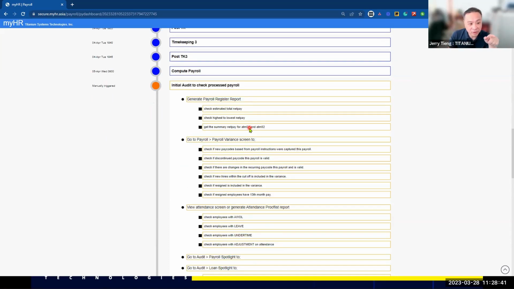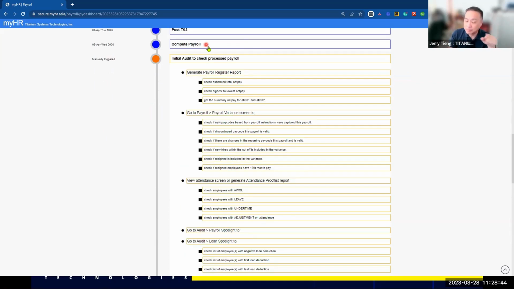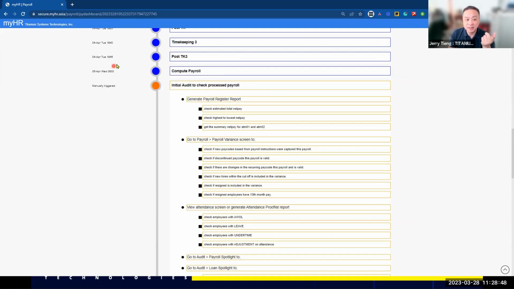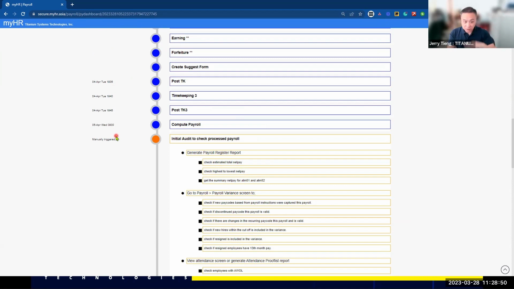So as you notice, beside the blue dots, blue circles, there are dates and times when these system activities will execute or will run. All right. Now, after the compute payroll run is completed, which is targeted on April 5, Wednesday,